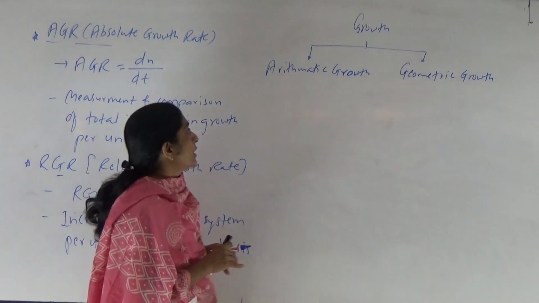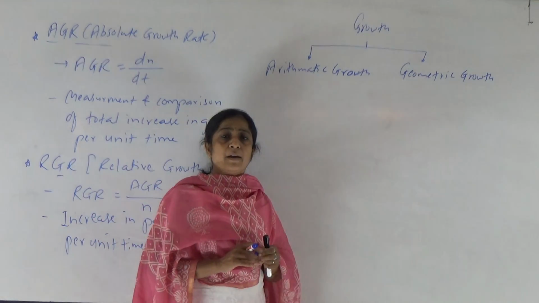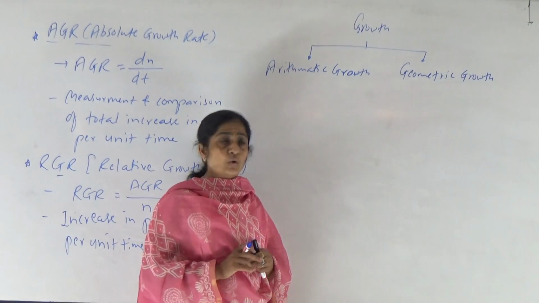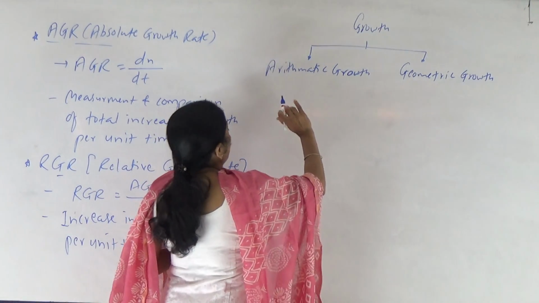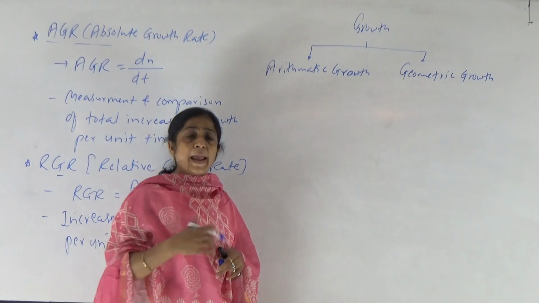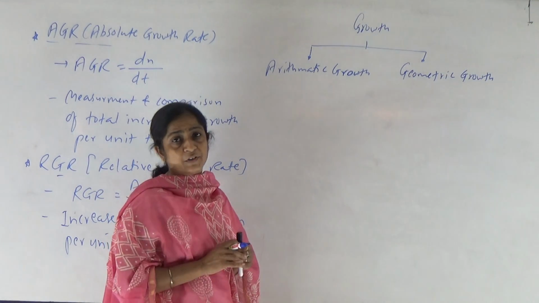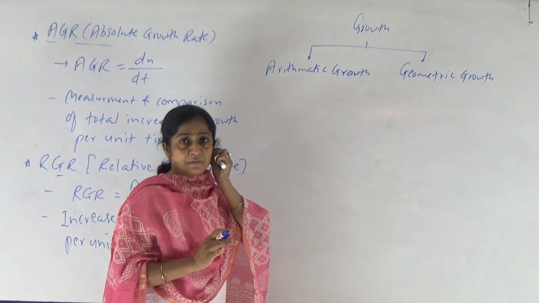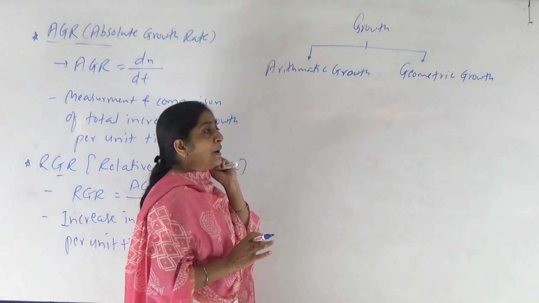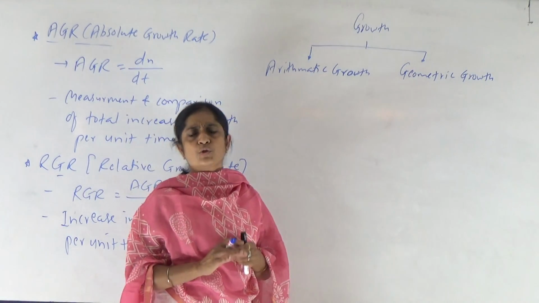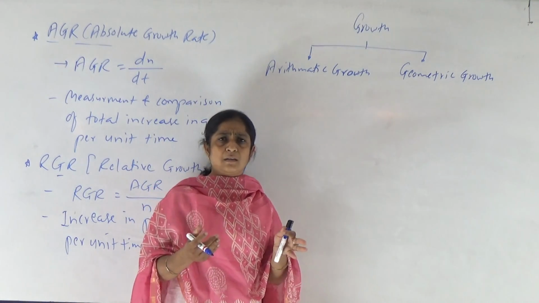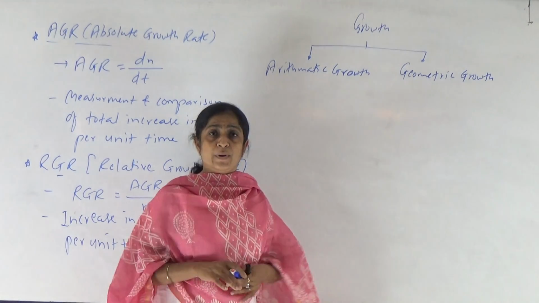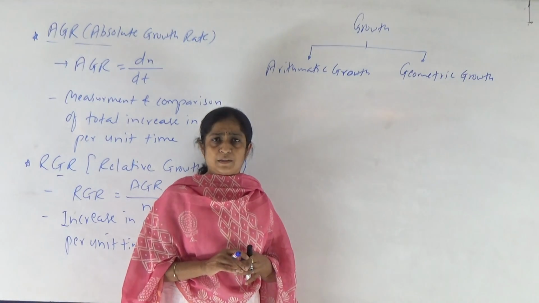Arithmetic growth means what? It is the growth where continuous increase is observed. So is it possible in any living organism? So let's see, right? Now we know very well that growth in any living organism generally occurs due to cell division. There are two types, mitotic and meiotic cell division. Generally, in multicellular or unicellular organisms, the most common cell division which occurs for growth, for increase in size, shape, mass, volume, etc., is mitotic cell division, right?